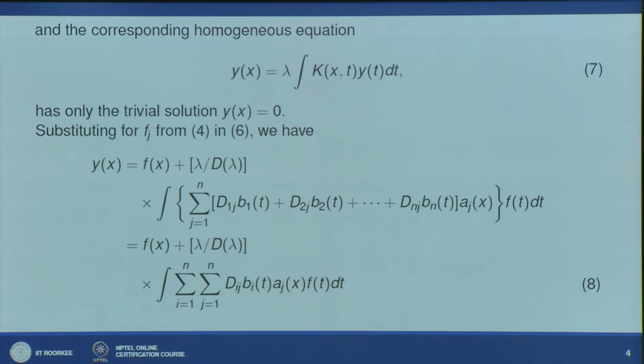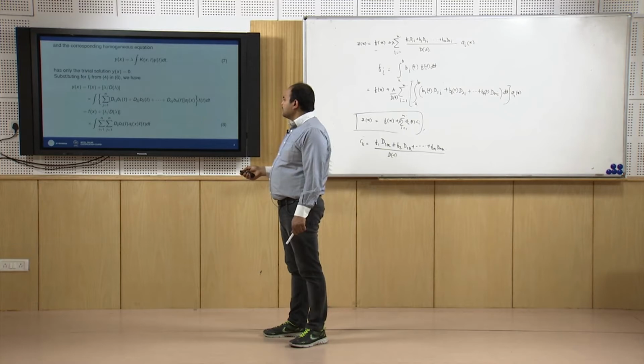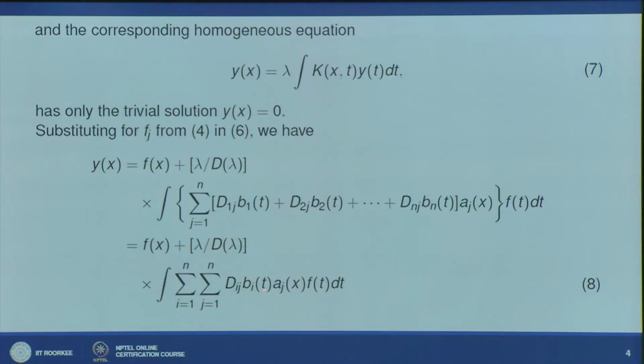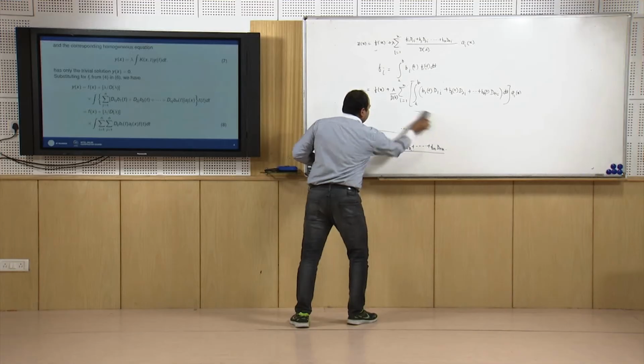So when we put the value of this f_i, it can be written in this form: summation j equal to 1 to n, d1j b1(t) plus d2j b2(t) and so on. And if you write it in a simpler form, then this is nothing but summation i equal to 1 to n, j equal to 1 to n, dij b_i(t) a_j(x) f(t) dt. Okay. So here I can write this in a summation form, and I can simplify this as,